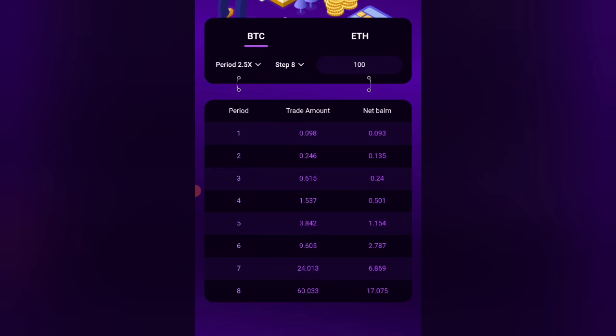So let's assume the third trade is now a loss too. After using 61 cents, the third trade is now a loss. I will go to the fourth recommendation, which is $1.53. If the fourth entry is now a loss, I will go to the fifth entry, which is $3.84. If the fifth trade is a loss, I will move to the 6th entry, which is $9.60,